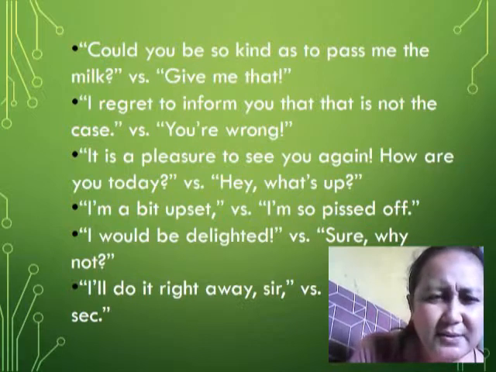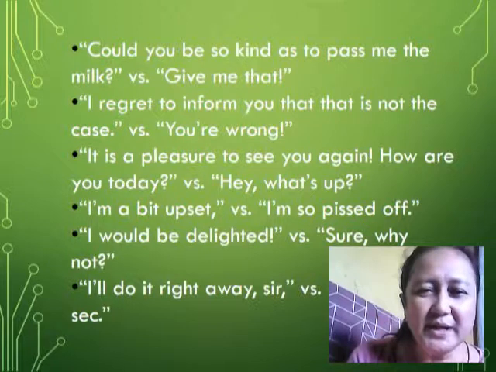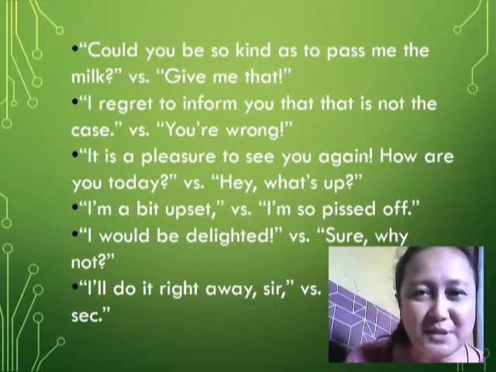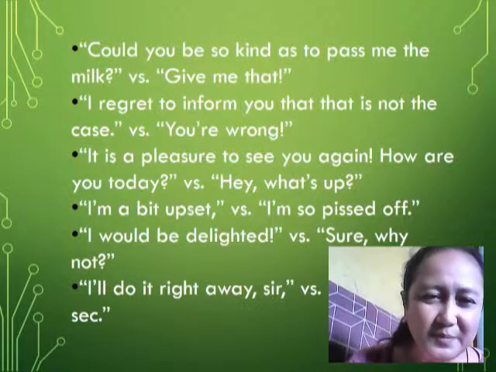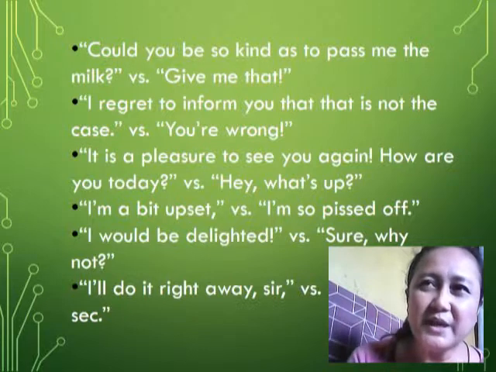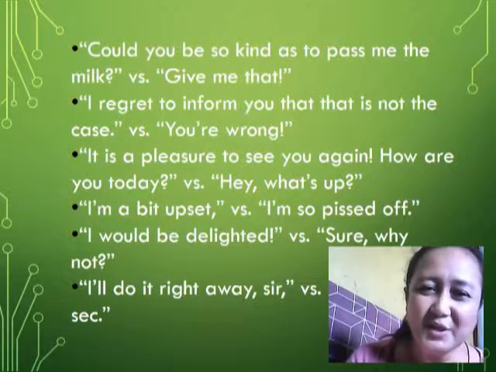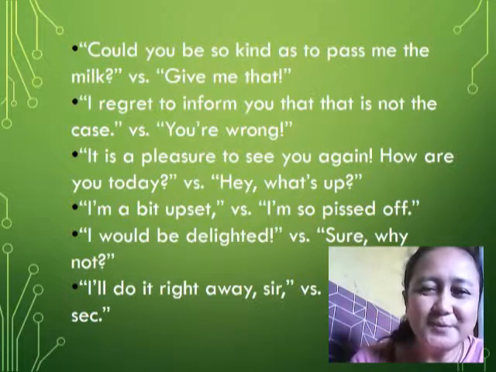When you say "I'll do it right away, sir," it's like the person believes that he really has the responsibility to do it, versus when you say "I'll see," the person is somehow hesitant to do the things that the other one is asking him to do. Okay, so again, when you say